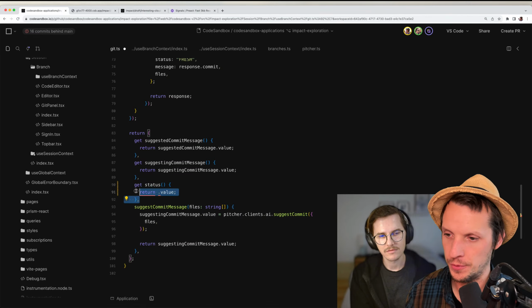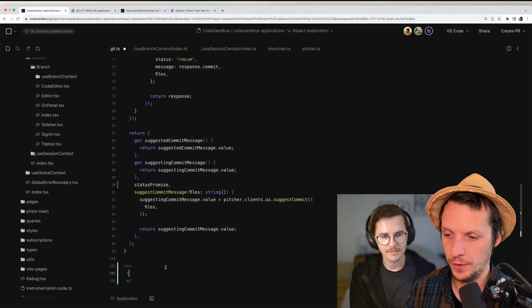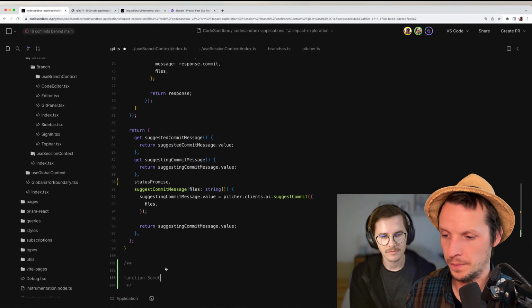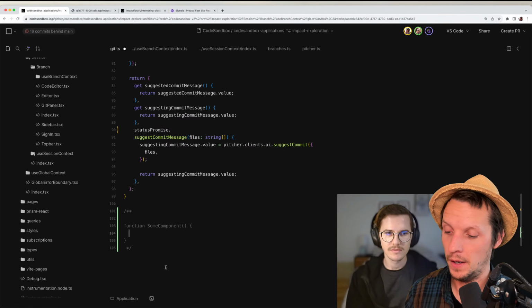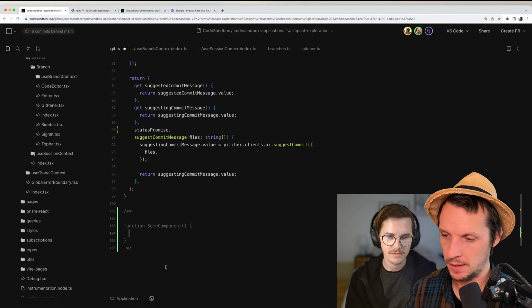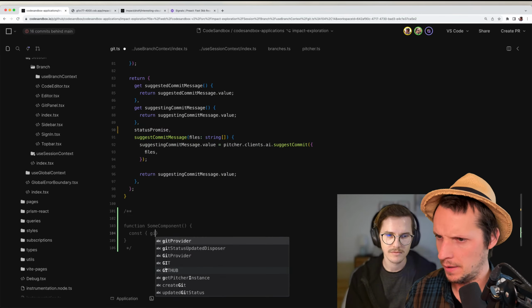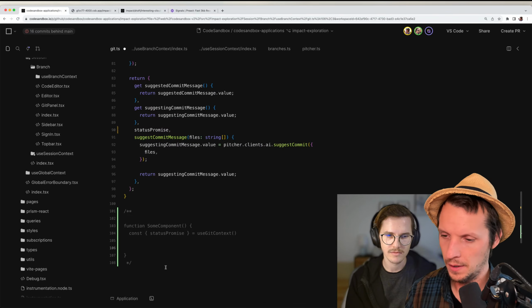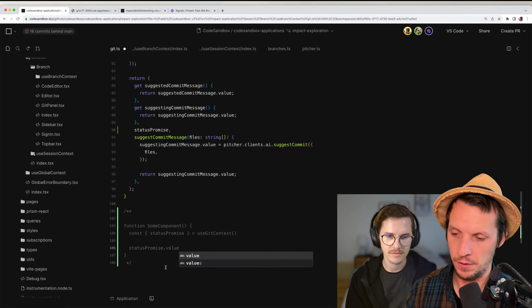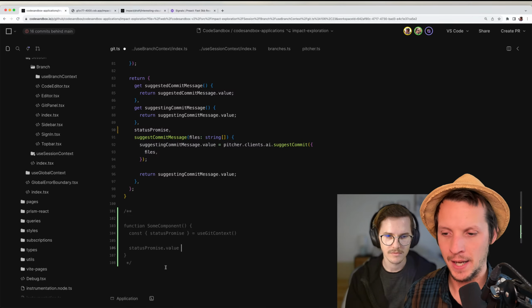We could just expose the signal itself, but then when you consume it in a component, this is more of how we think about programming and how important private and public access is. So now you have a status promise, but you have to use dot value to access the actual promise. And now you're also allowed to change it.